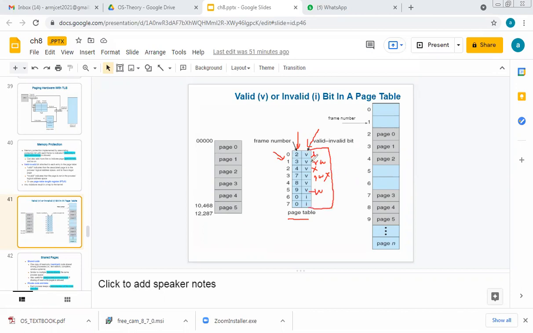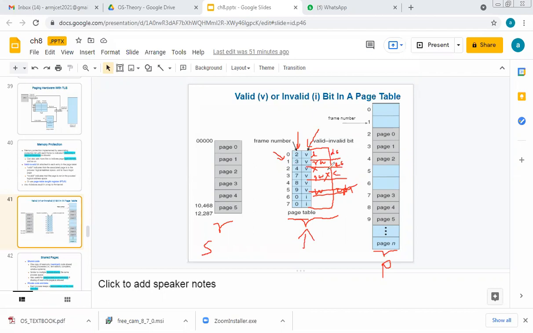Next, what can I do? Read of how much? The first 20 bytes. Read write of how much? The first 40 bytes. Read write execute means it is a complete file. Write only for empty spaces. If a file has empty space, then see, the data structure is getting enhanced. So what is the problem if we enhance the data structure? Compared to the size of logical memory and the size of physical memory, we are unnecessarily increasing the size of the page table. That should not happen.